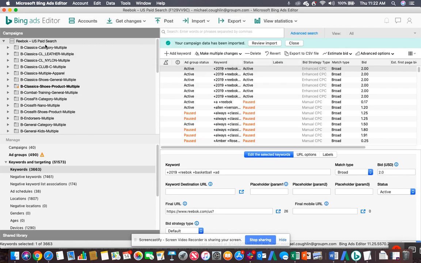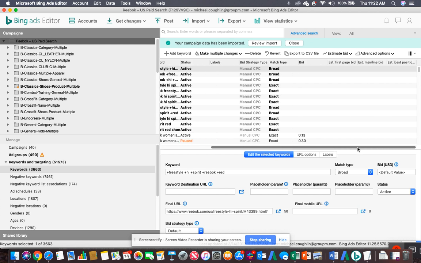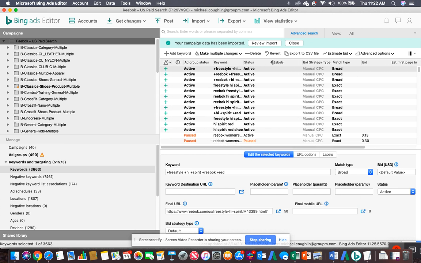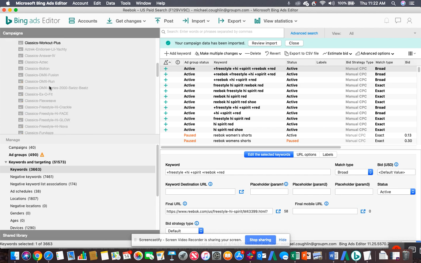And the way that you check that is you look for anything that's bolded. So now if I go to the account level here and then I sort by the delta label, you can see this plus and everything that's bolded shows stuff that's been added. So you just want to spot check it and make sure the match types are correct. There's no bids assigned currently. The keywords look okay. You look inside this campaign, there should be new ad groups loaded,